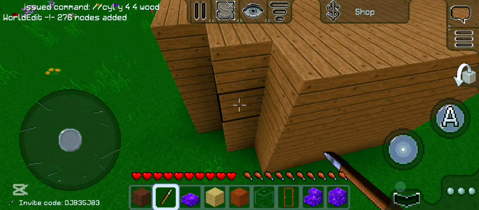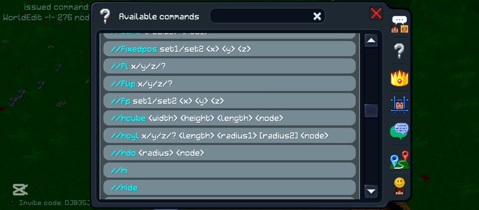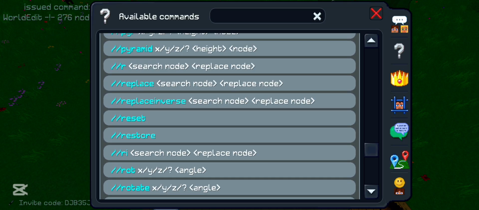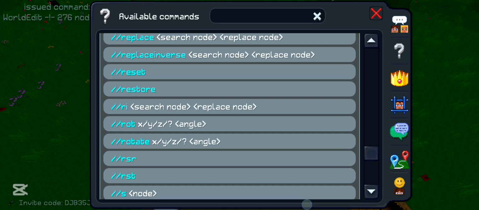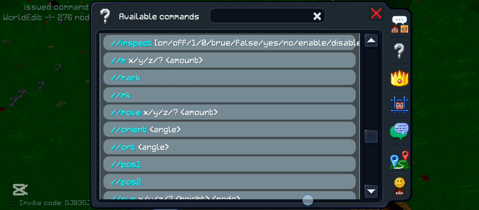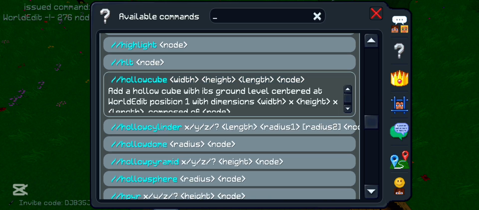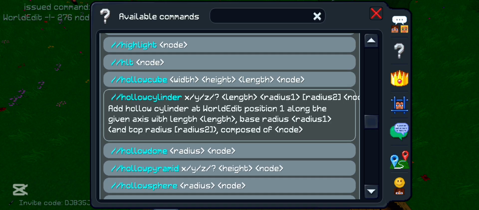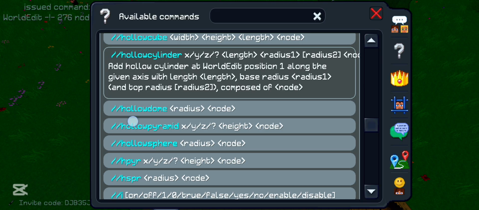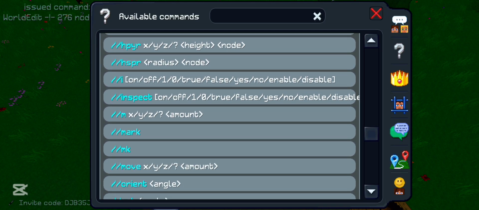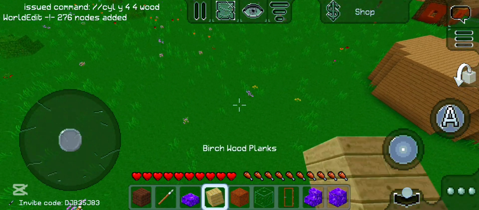And now, if you want a hollow cylinder, wait, let me find the command because I also don't really remember the command. I don't have it in my memory. Yeah, see this, hollow cylinder. This is the long way. And the short way, I am guessing, is probably,